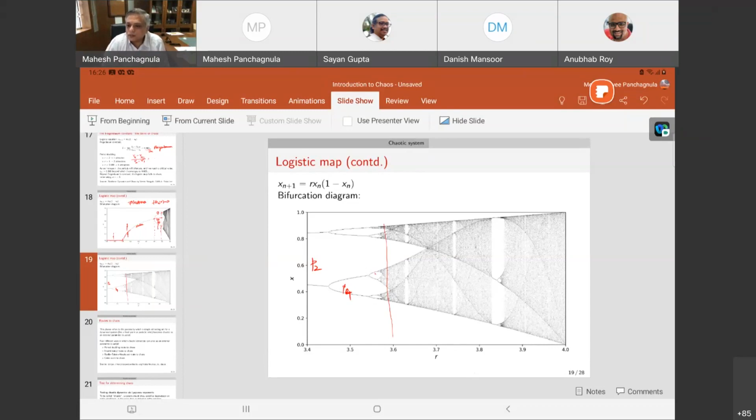I'll take the next one. Yeah. So when we say sensitivity to initial condition is the route to chaos, in the case of a nonlinear system, the sensitivity to initial condition shall be a function of the initial conditions itself. In that case, does the occurrence of chaos depend on the deviation of initial conditions in any direction?